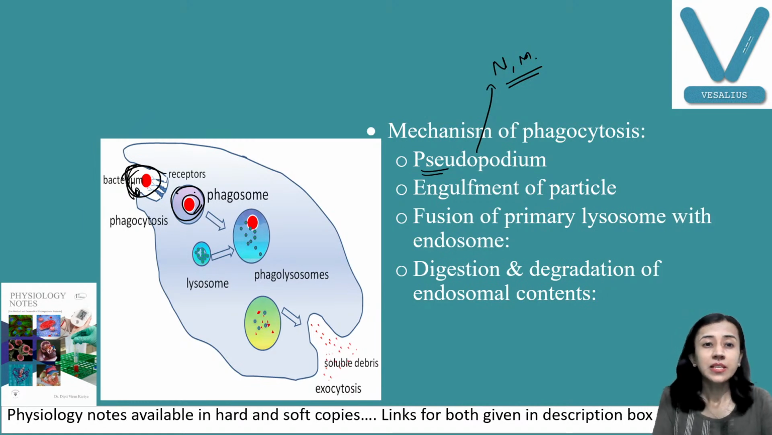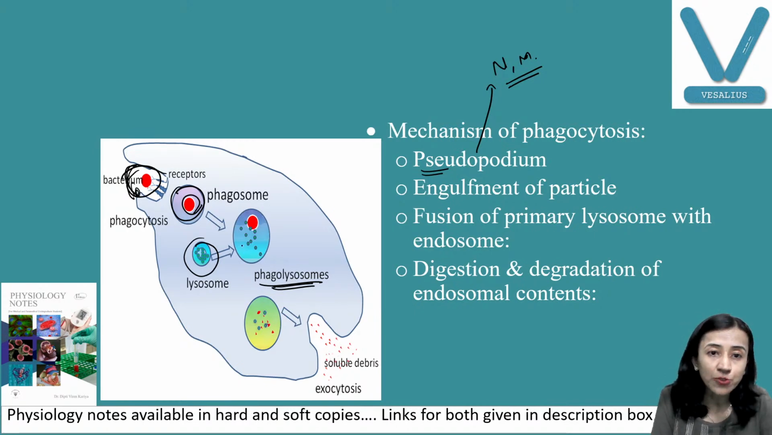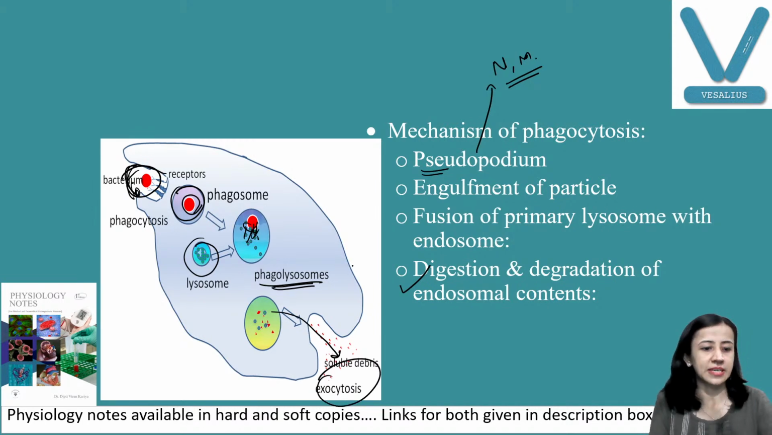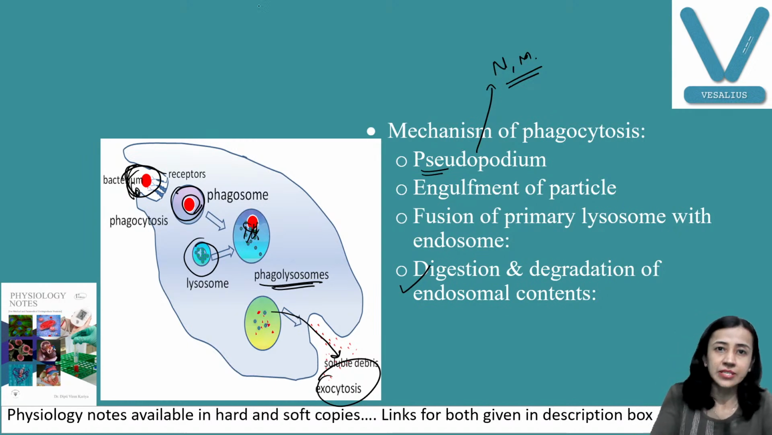Next step is this vesicle gets fused with the lysosome and there is formation of phagolysosome. Then digestion and degradation of the content. The lysosome releases its enzymes and destroys these particles. That is excreted out by exocytosis from the other side. So this is the mechanism of phagocytosis. So we have discussed